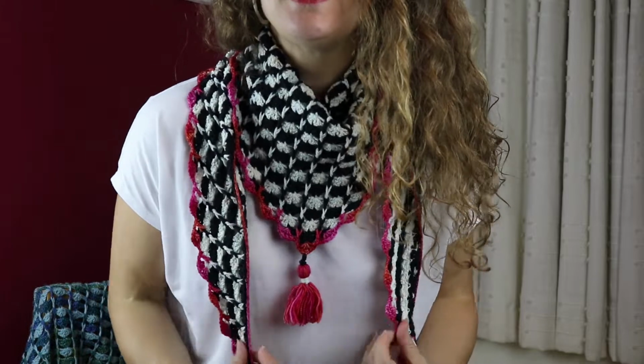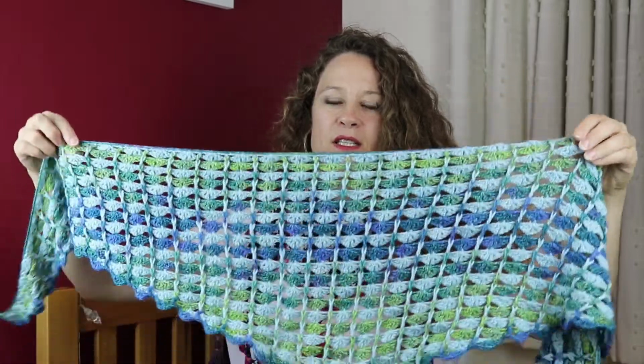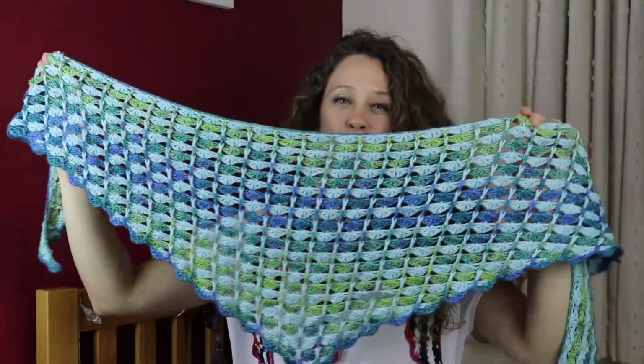The main reason I really wanted to do this vlog was to let you know that I have finally released the pattern for the Norwegian Shawl's shawl, which is what I'm wearing here today. This is a black and white version with a third colour for the trim and the tassel, and the original version is this lovely blue and green version, which was a beautiful fade set,